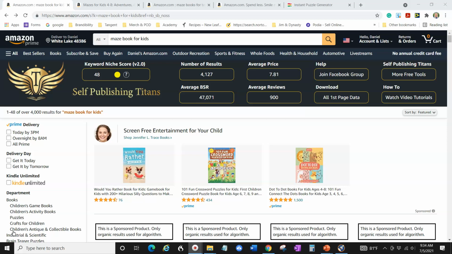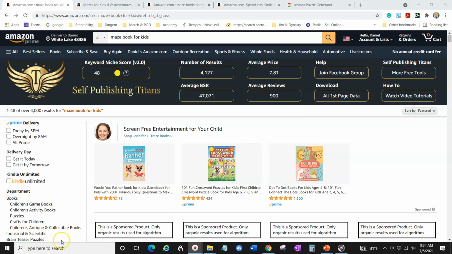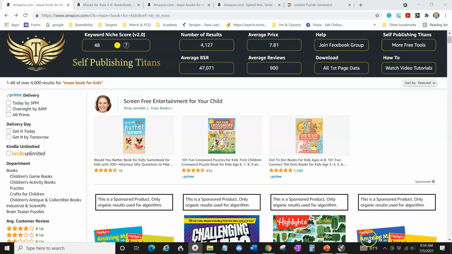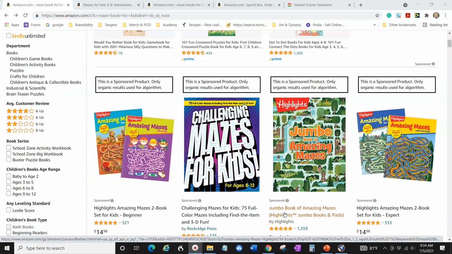All right, so I have a great niche for you and an exciting announcement. I've loved this niche. I love doing puzzle books and I love doing mazes. So we're actually going to talk about mazes, and then I'm going to show you a software that creates these mazes super easy. And I'm super excited about this one because Niranjan and his partner Bing made this. I asked if they had something like this in development, and they said it took like a year to develop, but they have created a great product.